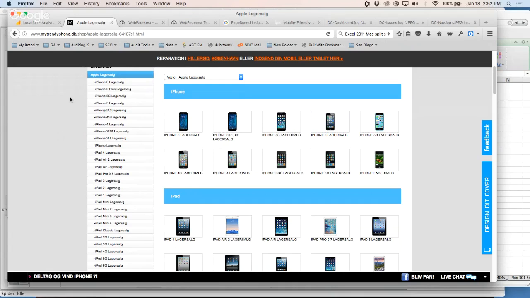So by eliminating those through a no index method, you end up leaving the ones you care about the most to be the only ones Google can decide are the ones that deserve to be indexed and get the ranking value. Make sense?